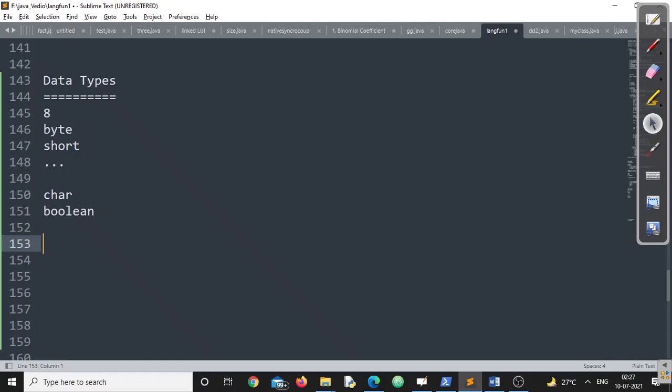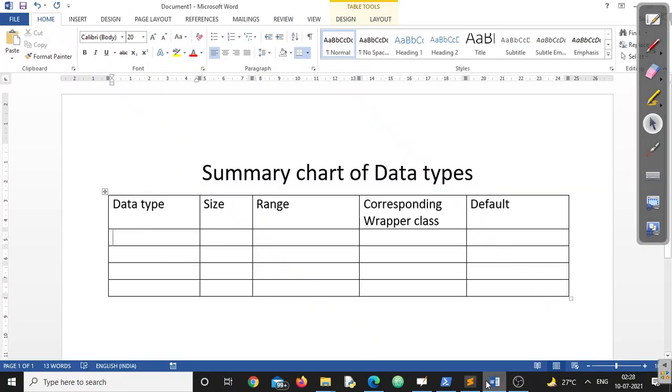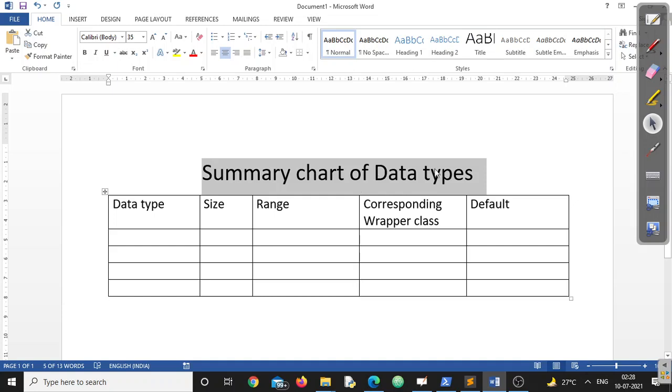Now this video is all about condensing both the data types part 1 and part 2 together into a small chota table, so that if you require last minute preparation, that will help you, maybe for your examination purpose, maybe some other purpose where you require all the details at the last minute, right? This video might help you in that aspect. So in that context, we are going to create a summary chart of data types.